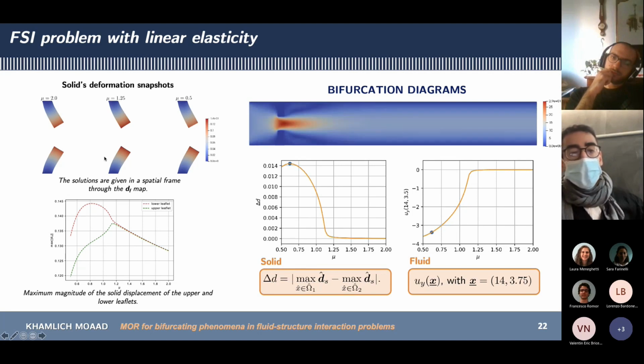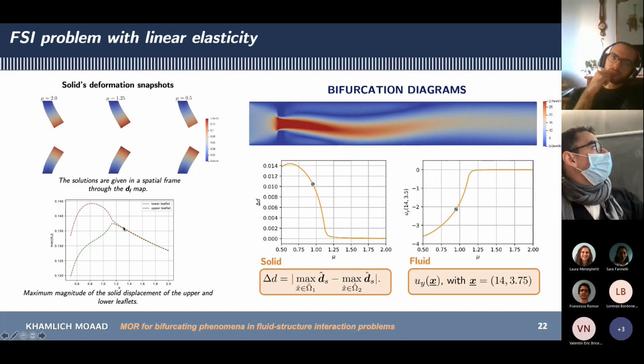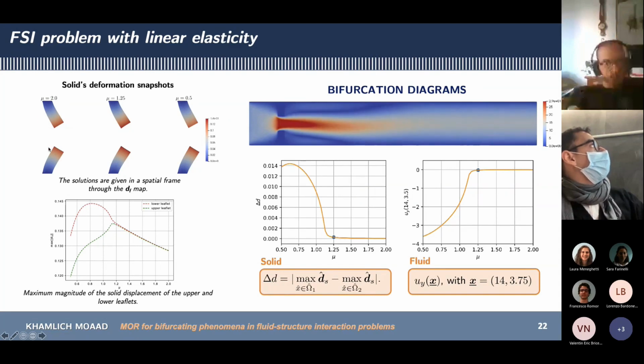And as we can see in this plot, above the bifurcation point, these two exhibit the same trend. So both of the leaflets deform symmetrically, whereas